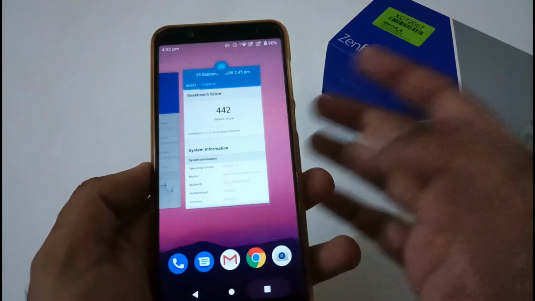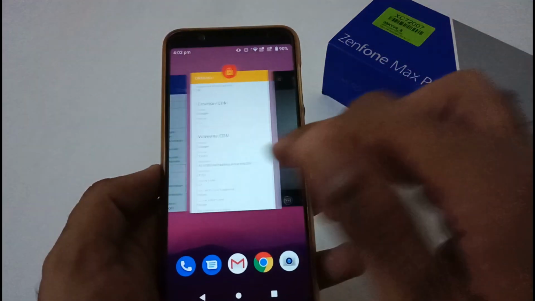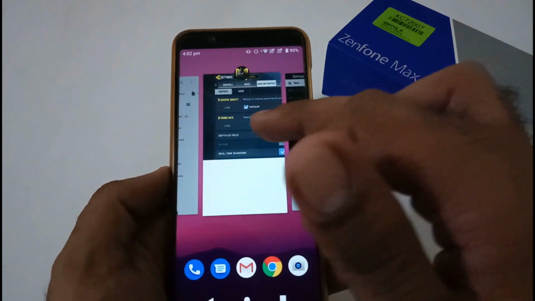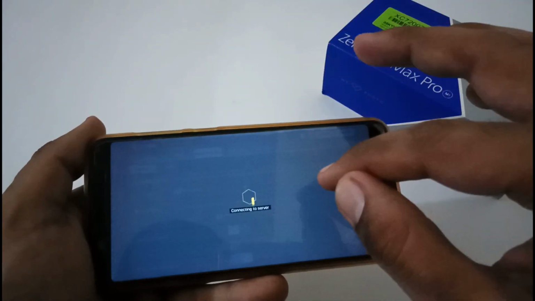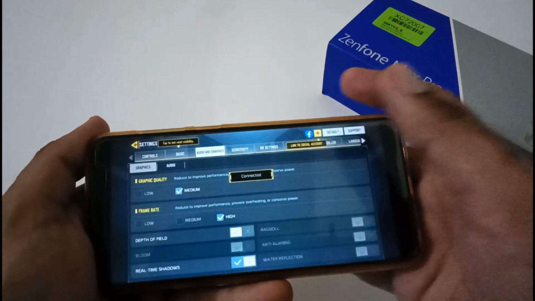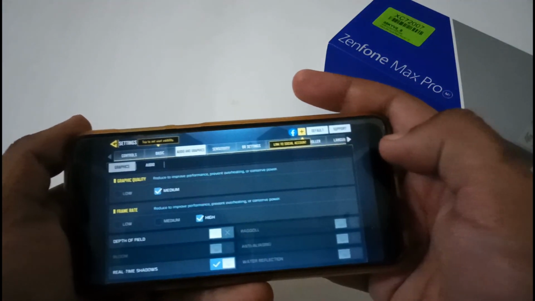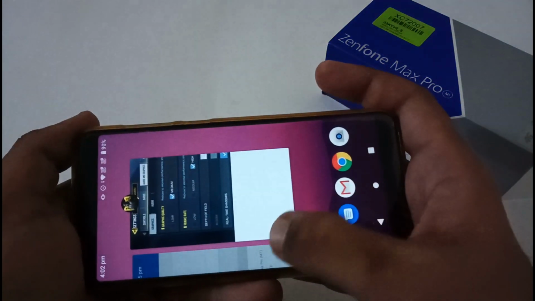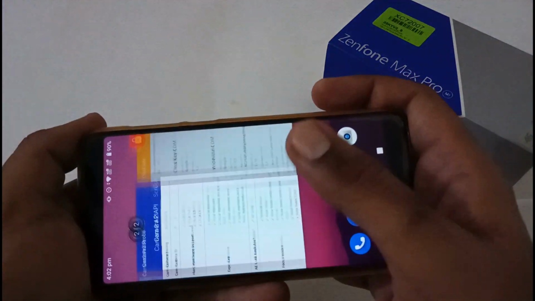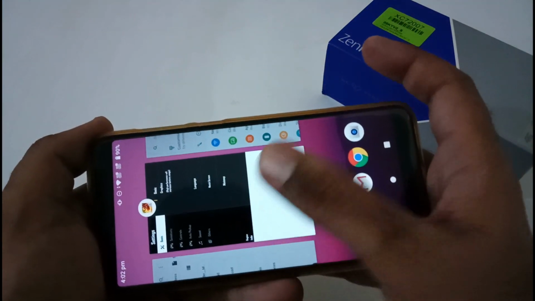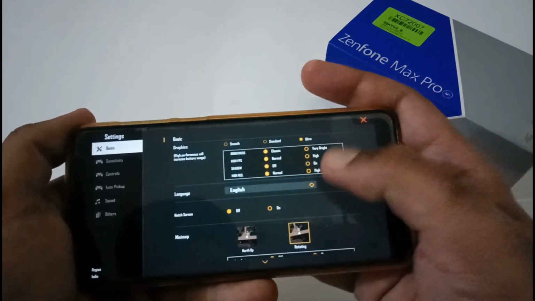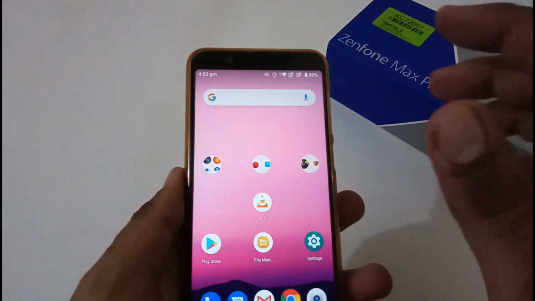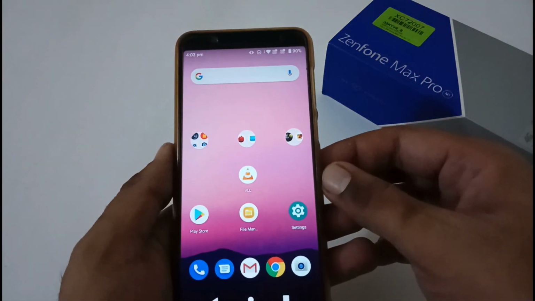And aside from this, if you want to test RAM and memory management, I can open a few apps which we were using, like Call of Duty. It is still connecting with the server, but it won't be starting from scratch. It has just opened from the same screen. So overall, there is no problem with the RAM and memory management. Let me try to open Free Fire as well to see where we will be. Again, it has opened from the same screen where we were while I was discussing battery consumption and so on. So overall, there is no problem with the RAM and memory management.